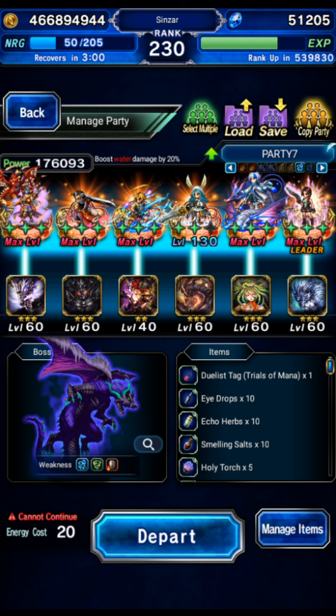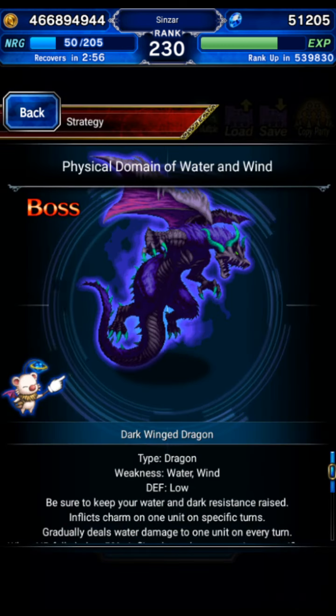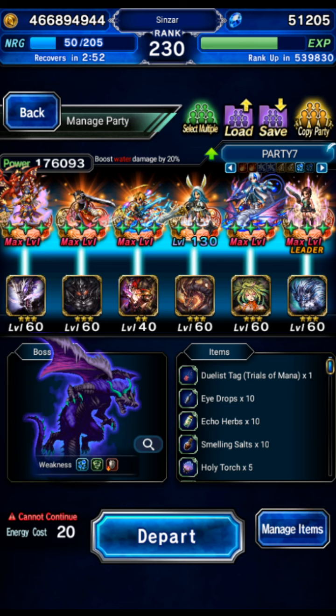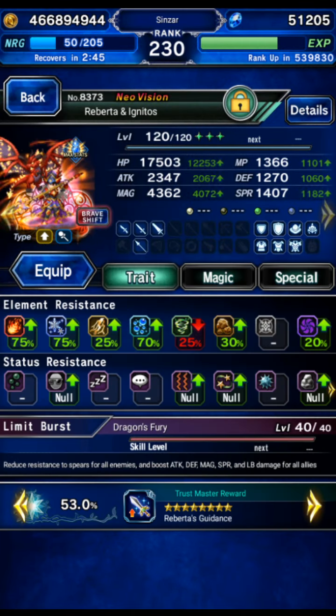Alright, so the gear and the party, etc. So we're doing a water party. It's water or wind. The boss is a dragon, low defense. So for Roberta, as long as no one's in the negative for water resist, we're fine because we use 100%